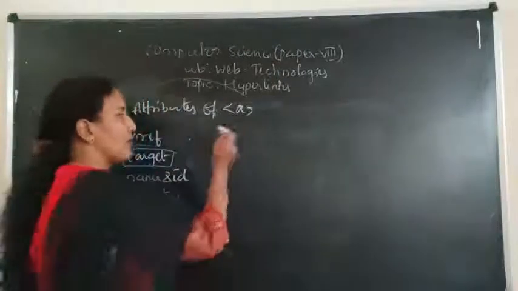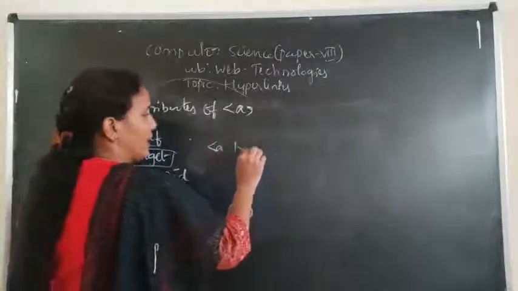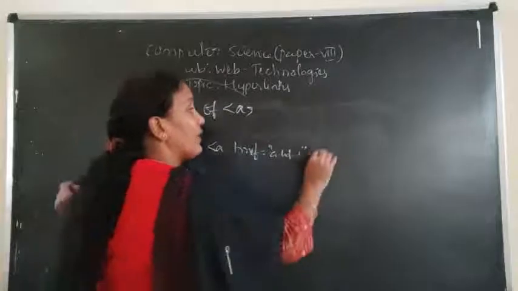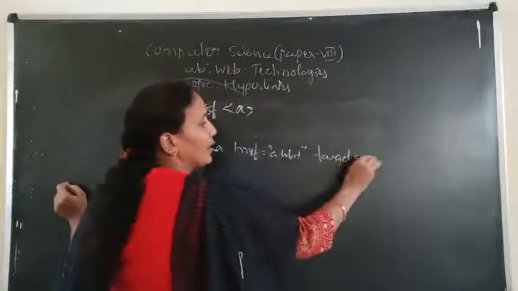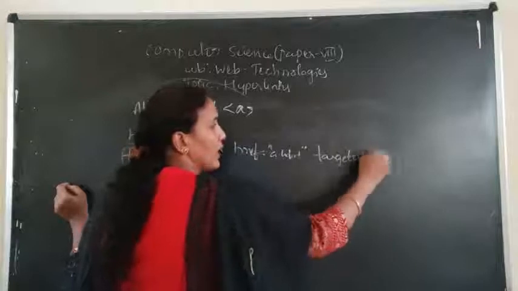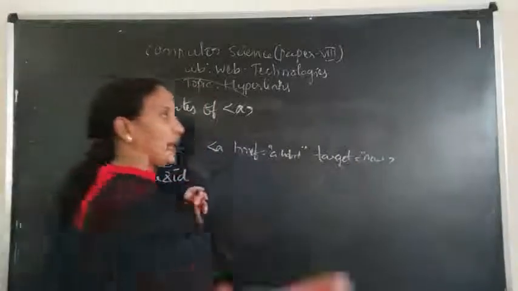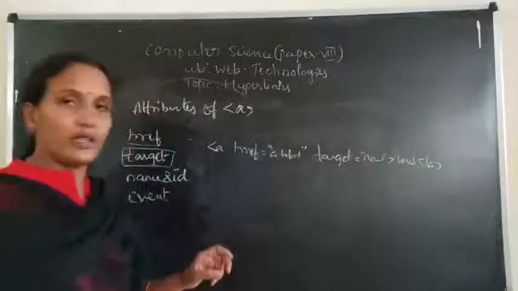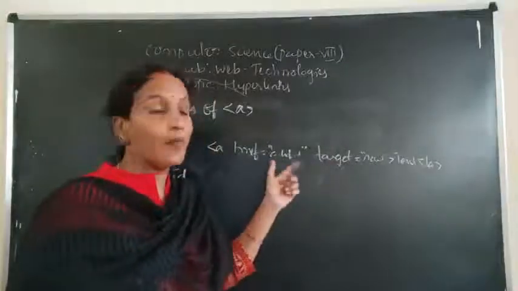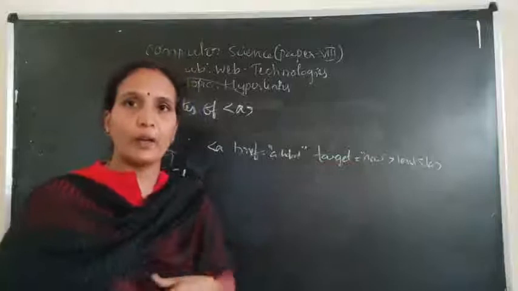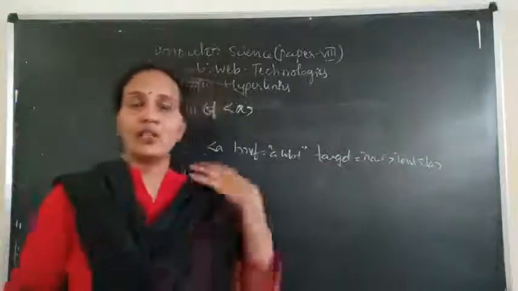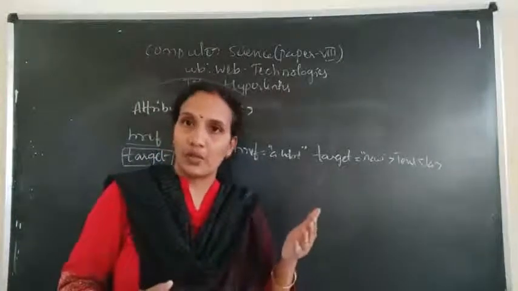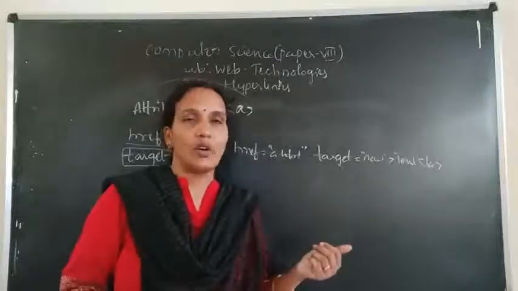So here I am changing it like this: a href. I'm opening a.html, and for this a.html, I'm giving a target. Target equals new. Then what happens? When you click on this text, whatever target document is there will open in a new window. Understood? When the user clicks on the particular link, you are giving the location of the browser window where the target document will open.